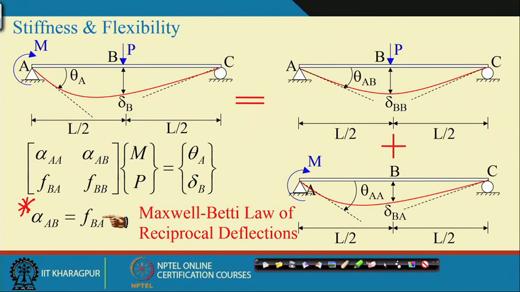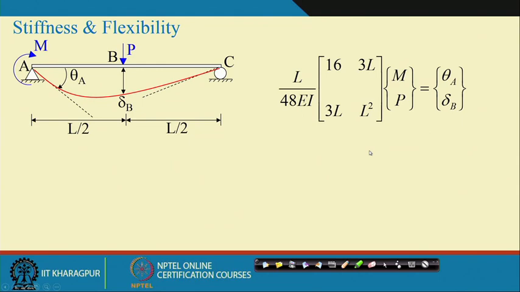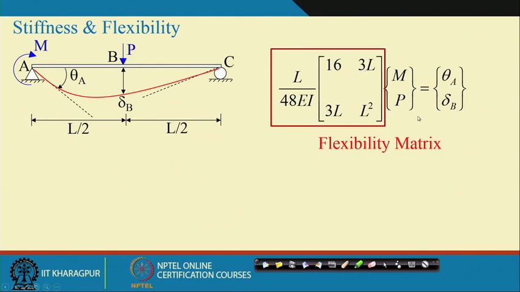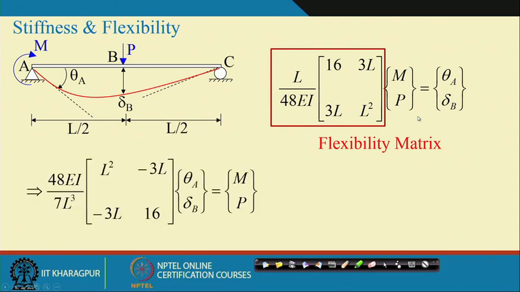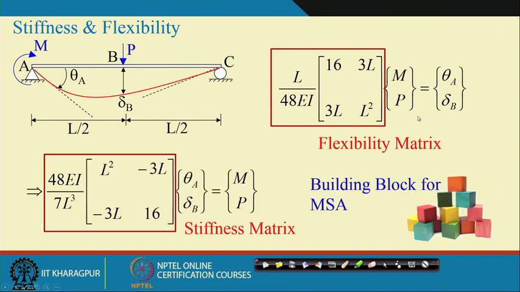Okay. Now, in the next slide we just substitute those values. If we substitute those values, you see these 3L and 3L, these off-diagonal terms are the same. This is the flexibility matrix and this is the stiffness matrix. You see why it is the flexibility matrix? Because